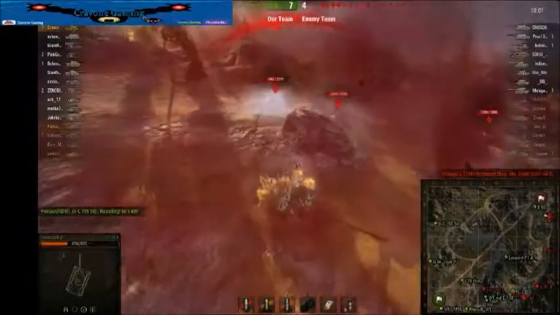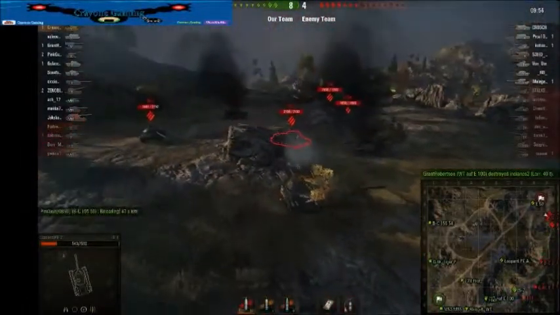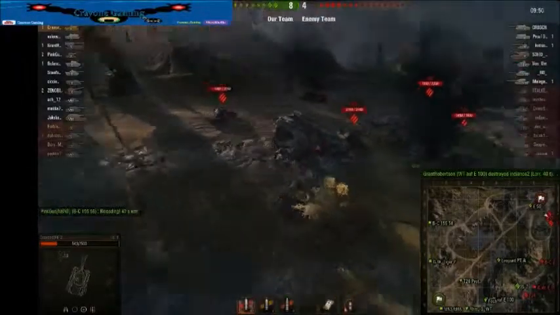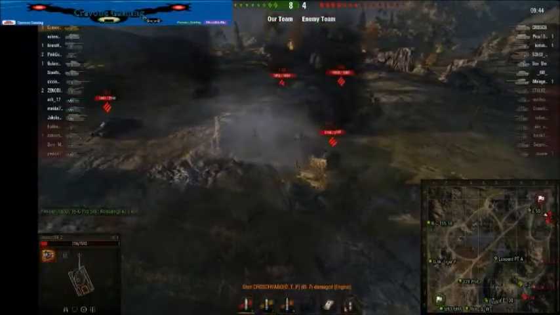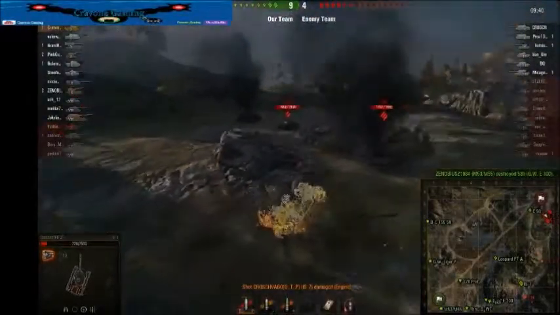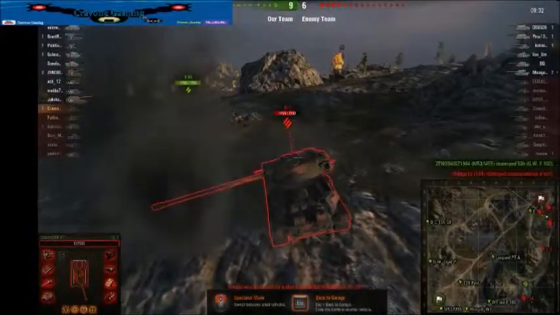So I'm trying to stay angled to as many tanks as possible. IS-7's reloading, so try and keep angled to the medium and the second IS-7. But by now the other IS-7's reloaded. Yeah, I managed to deflect one shot and I'll take one HE because he didn't know how to pen. Not low enough to kill the T-54. But